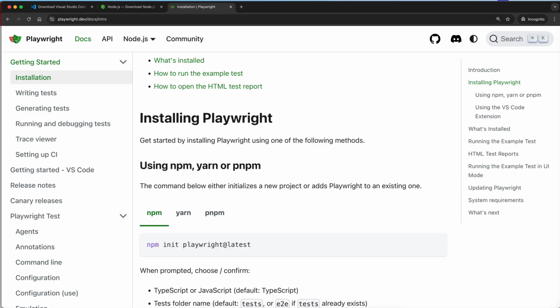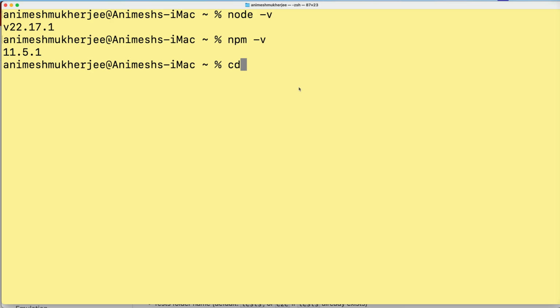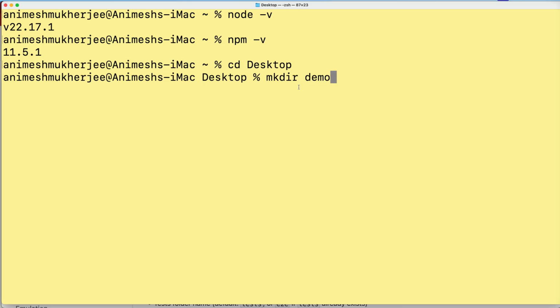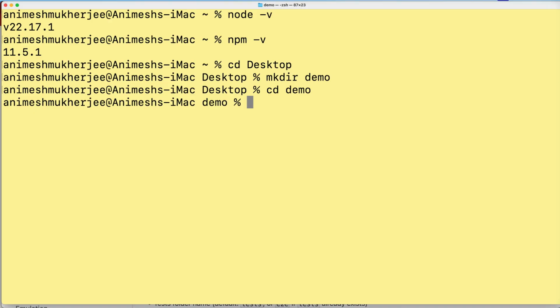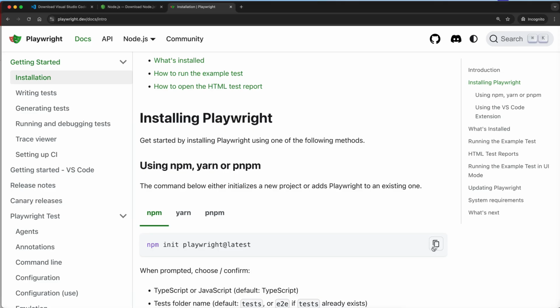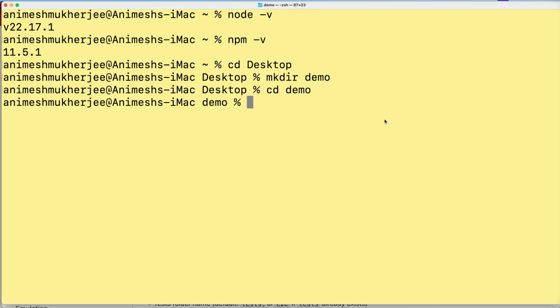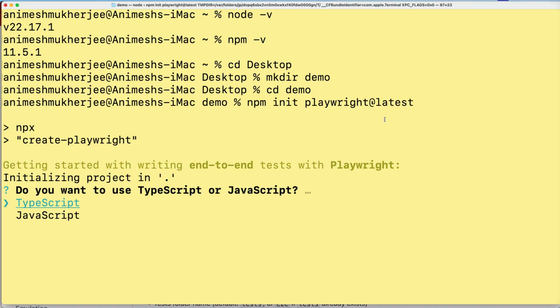I'll go to my terminal again, go to my desktop, and in desktop I'll create a new folder, say demo. I'll go inside this demo folder, and once I'm inside, I'll copy the npm command and run npm init playwright. It asks if I need TypeScript or JavaScript. I'll be using TypeScript, so I'll press enter, and for where to put your end-to-end tests, I'll just keep the default,